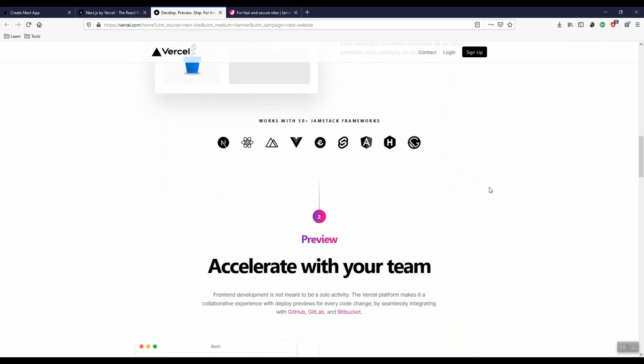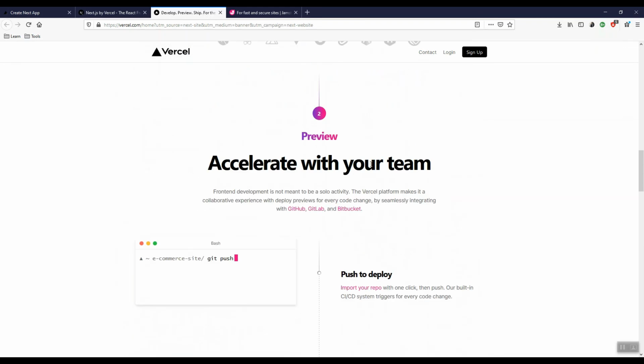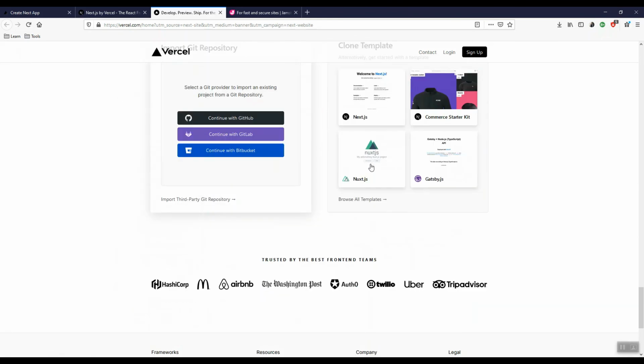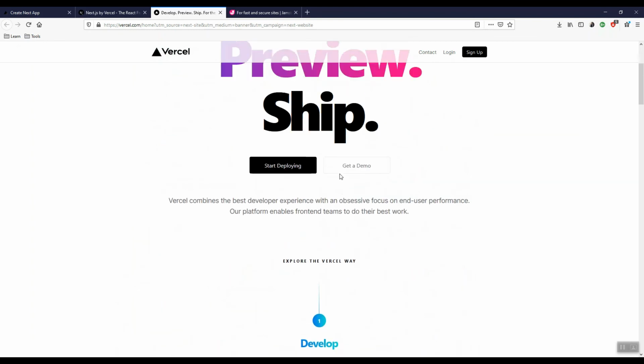There will be no cost at all, unless you are working in a team, then you will have to create a team. Otherwise, if you are building any website, whether it be in Next.js, React, Vue.js or Angular, you can just host it here and it will be hosted for free forever. So it's a very cool cloud service platform. If you visit, you will find it out.